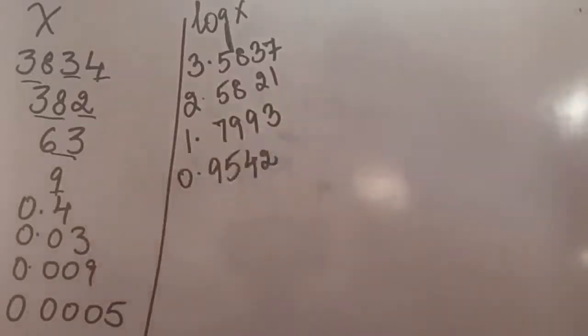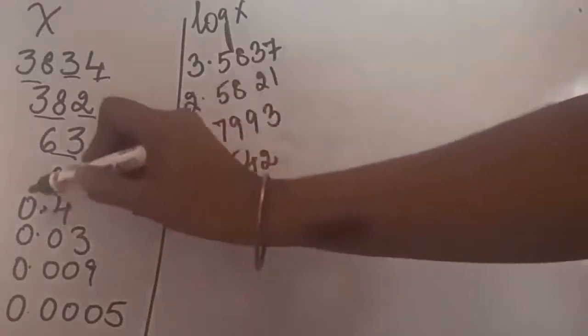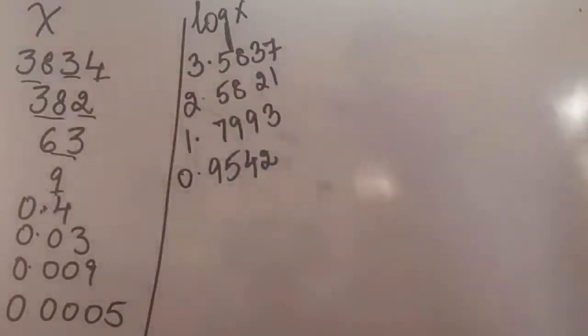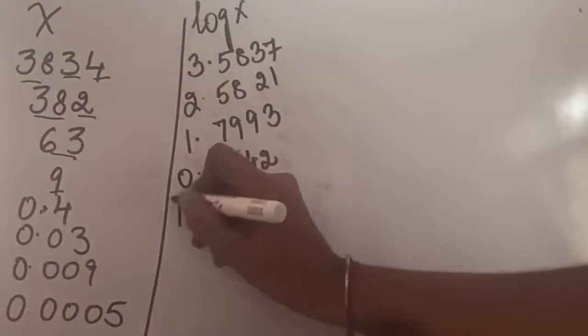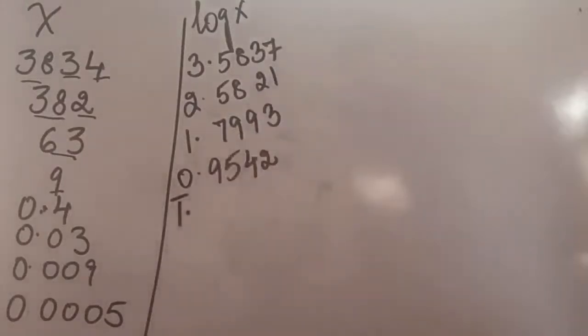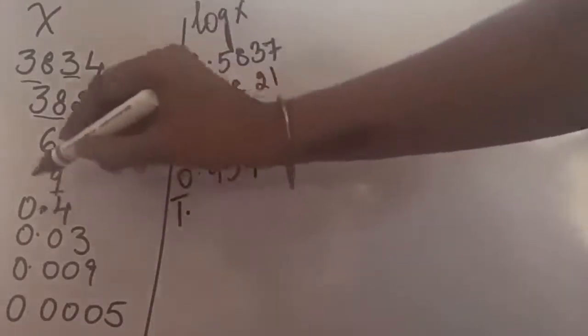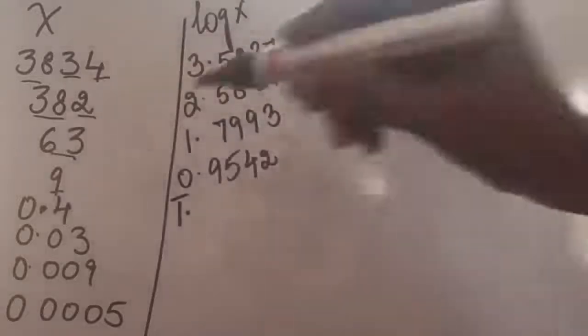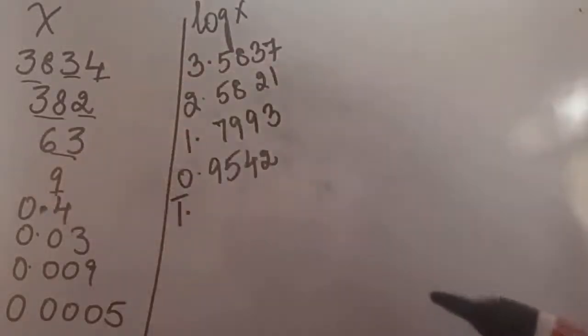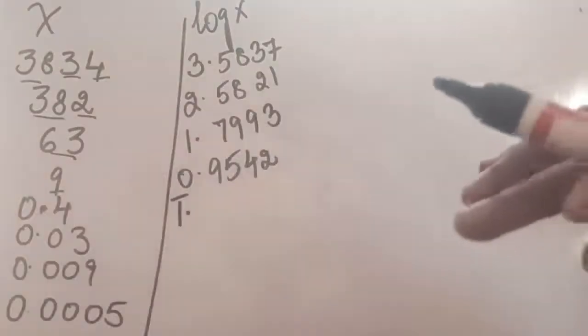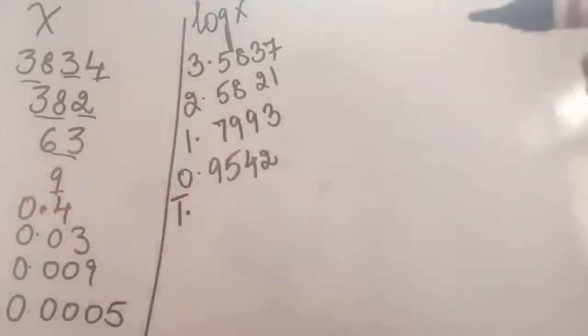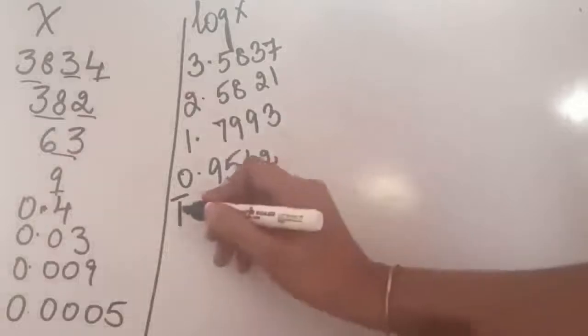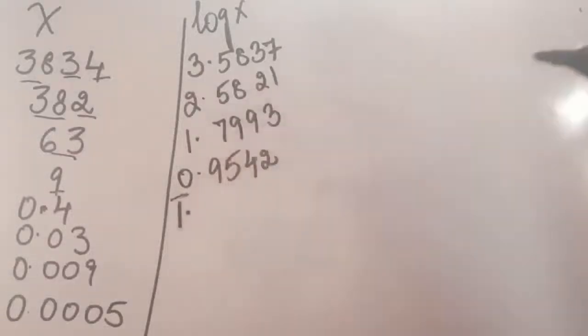Now this is another point. When 0.4 is given, now before the point, how many digits are there? There are no digits. It means 0 digits are there. So 0 minus 1 is minus 1. So here we will write 1 bar point. I again repeat, we generally see how many values are there before the point. Here before the point there is no value. So if before the point there is no value, that is 0 value, 0 minus 1 will be negative 1. Here negative 1 is shown as 1 bar.